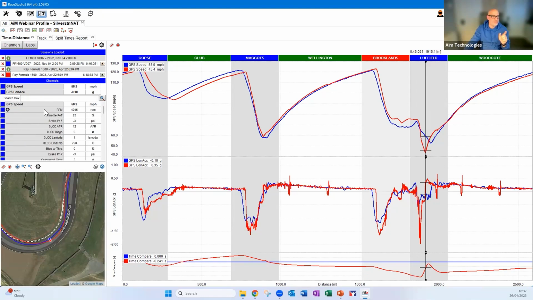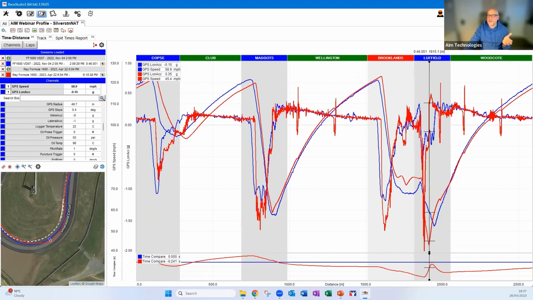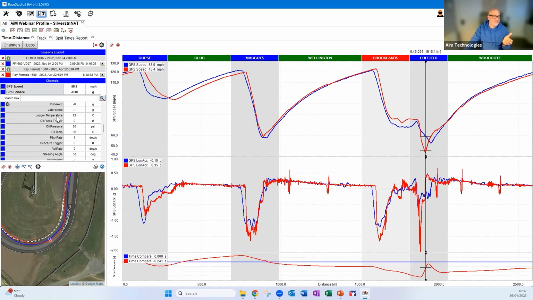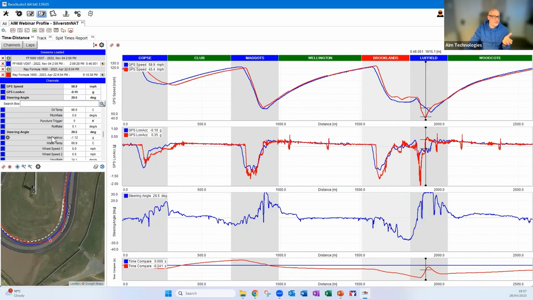So I'm going to first start with the Van Diemen. This is my car. This isn't the stuff that was done in simulator, so it's blue. And if I wanted to add in different variables here, I'm just going to make those stacked on top of each other right now. If, for example, I wanted to see my steering angle, if I wanted to see my